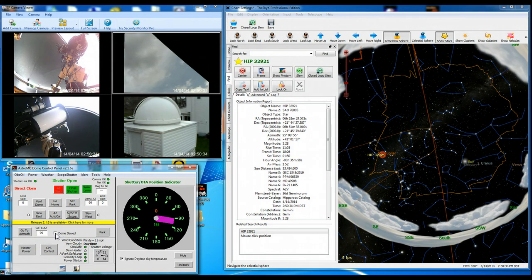Not at the same time, but every time you indicate the telescope to slew to a position, the dome will follow. The last piece of that magic that you will have to do is click the dome slave button, and from then on the dome will follow the scope. And just a quick